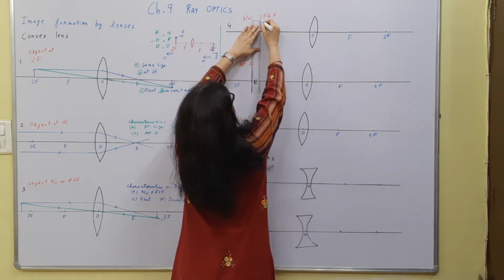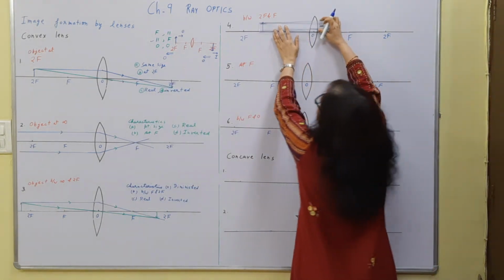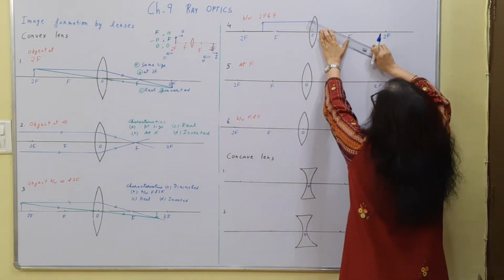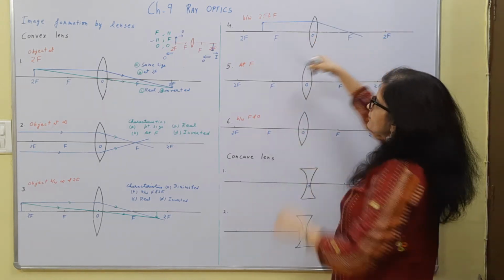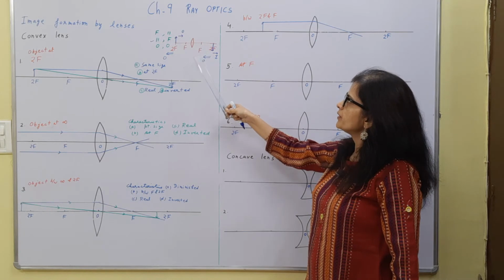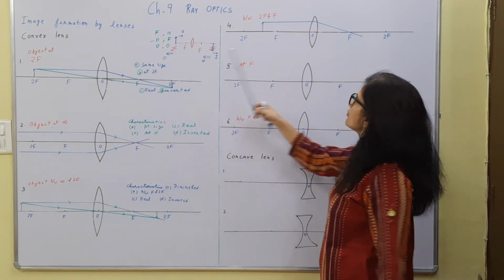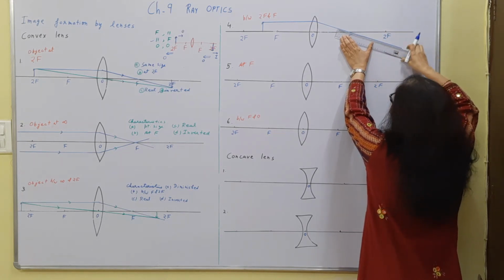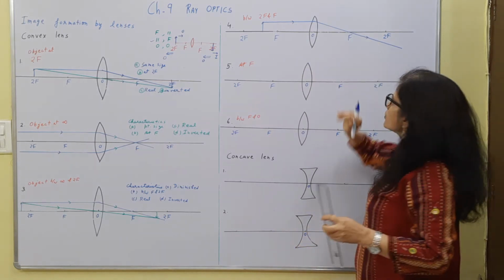Then we can take the case when the object is between F and 2F. So I can take the object here. I can take any two rays. The first ray which I am taking here is again the ray which is parallel to the principal axis. So it will pass through focus after refraction. Now look at this again. The object is moving towards the F, so the image will move away from 2F, right? So look at this, object moving this way, image moving this way. So your image will be somewhere beyond 2F. So let me extend this ray up to the place where it is beyond 2F.